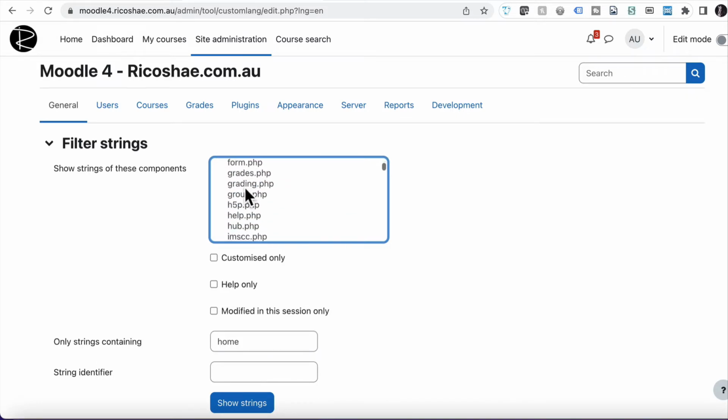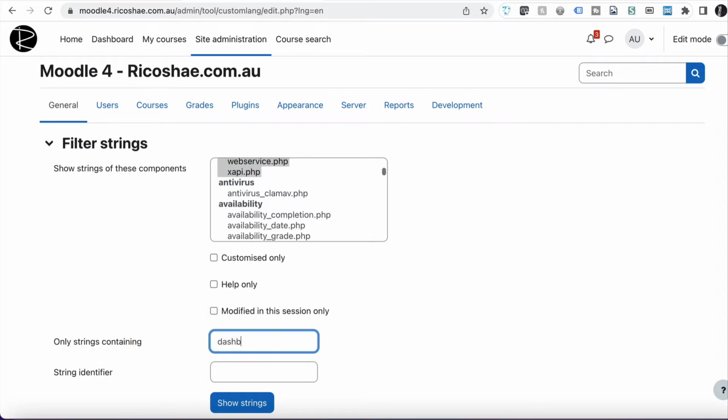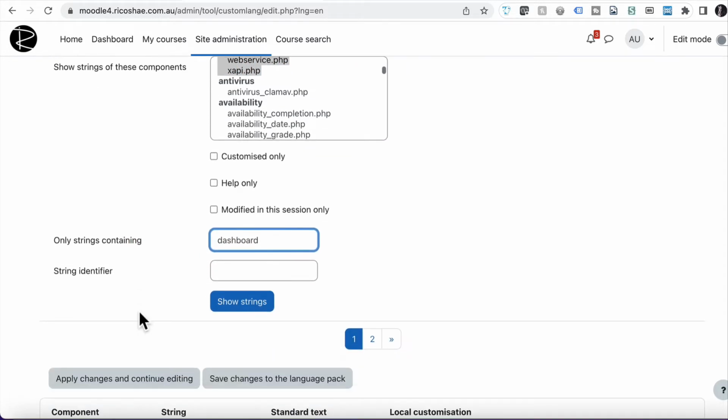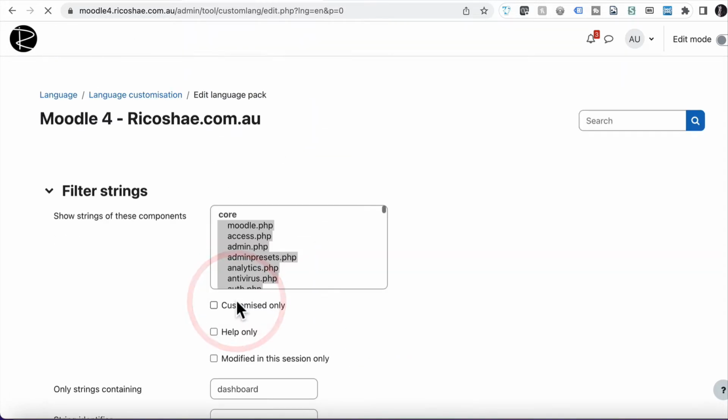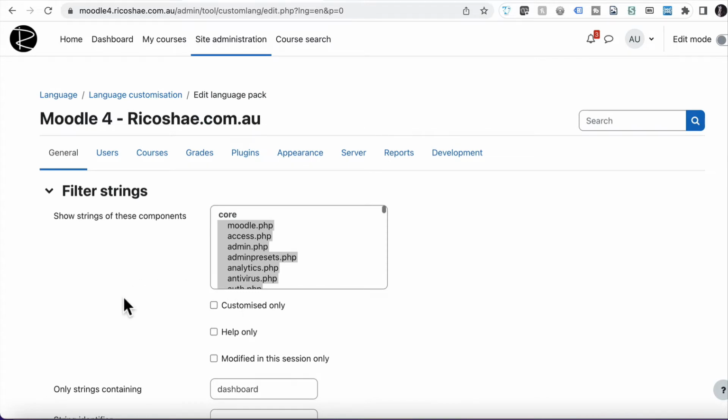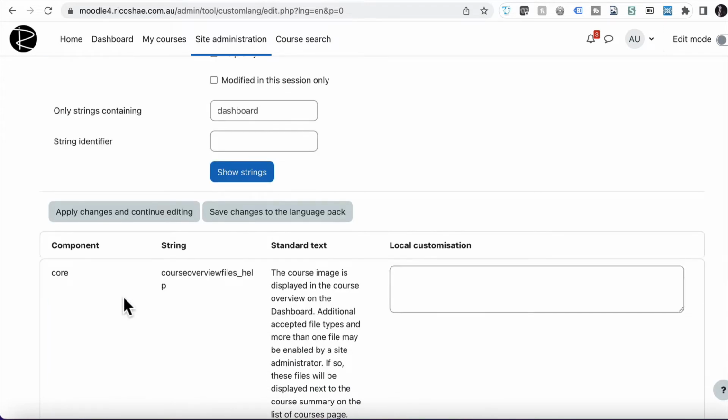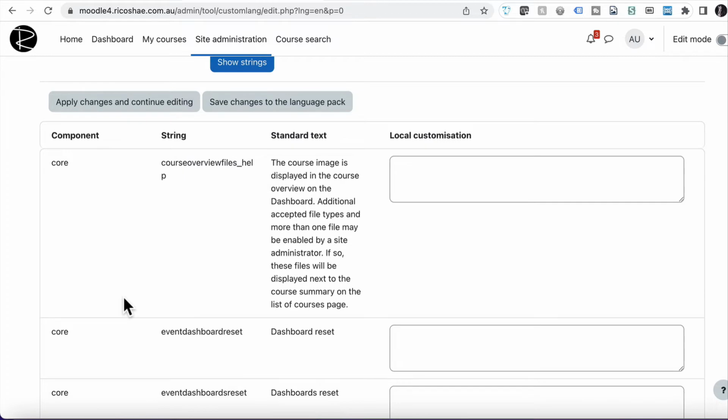This could be a little bit confusing, but as an administrator, you may need to learn these things. So I'm just going to select everything inside core, and I'm going to choose the word dashboard in here, and that's all I need. Then I choose show strings. What it will do is go and find all the places that that string is inside the content or displayed in there. And if I just go find dashboard, you can see there, it shows us where the word dashboard